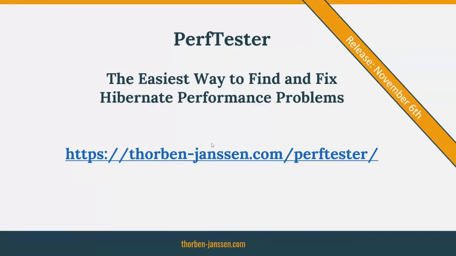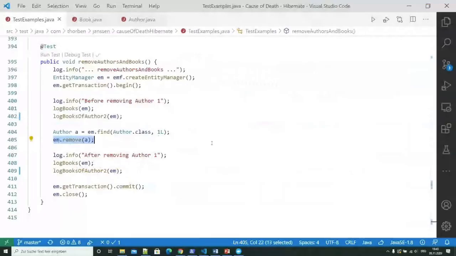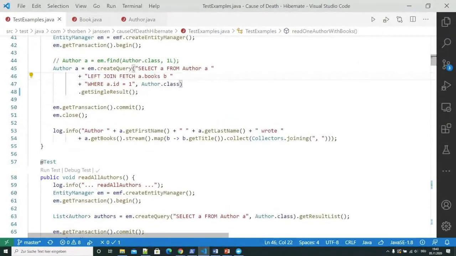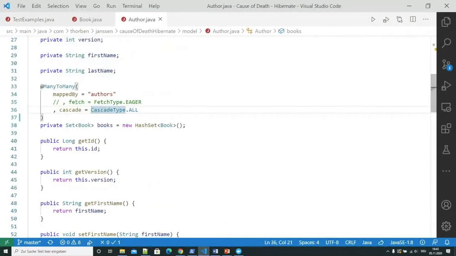Yeah. Well, let's get in the IDE and take a quick look at an entity graph. Here, we have a left join fetch clause from author to books. The good thing about this left join fetch clause is that it is in our query. It's really easy to write. But it also has the downside that we now have a query that also defines the fetching behavior. So that means we can't use the same query with different fetching behavior. If we need that, then we could use a named entity graph, for example.